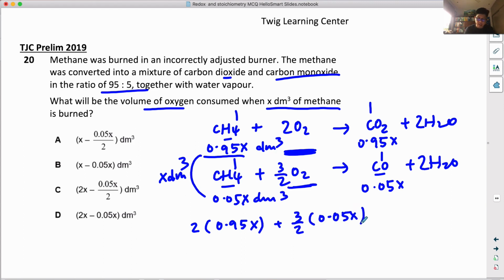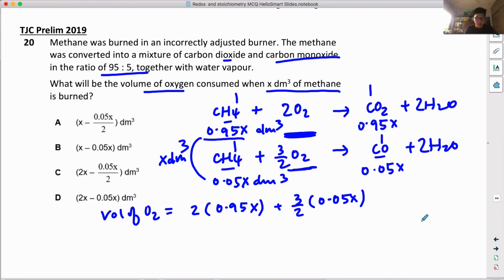All right, so this is the volume of oxygen. So let's try to get the answer in the way the question wants. I'm going to change this one here to x minus 0.05, okay, x plus 3/2